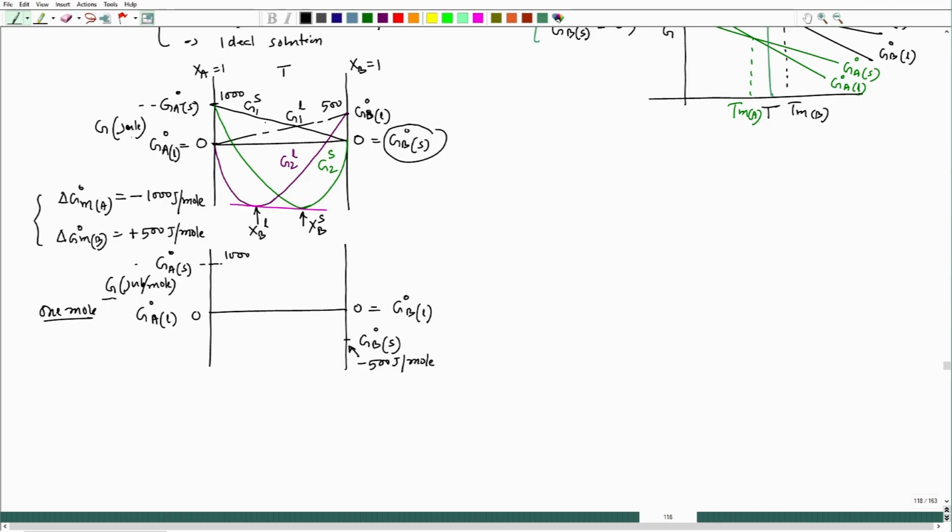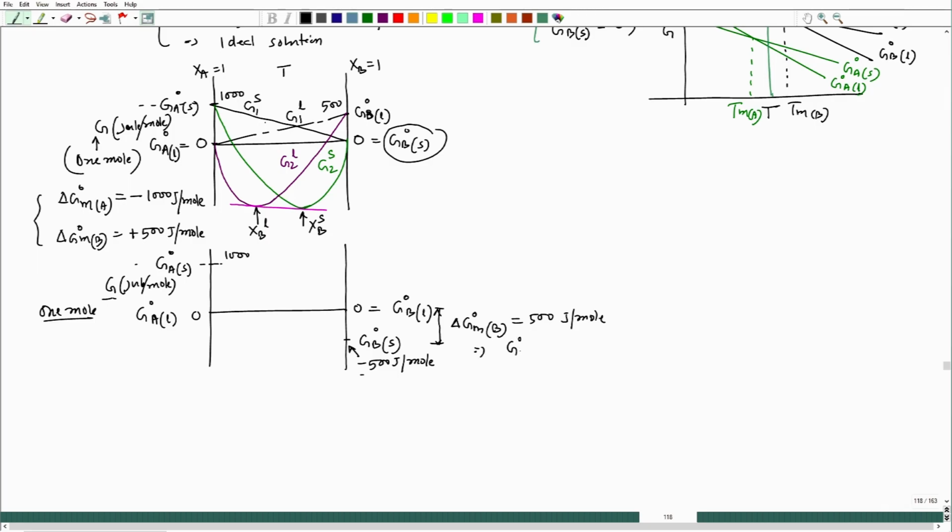Here also you can write joule per mole, and G is always for 1 mole, 1 mole condition. Now, if you put it at minus 500, so this difference, which is delta G naught M B, is still 500 joule per mole, because delta G M is nothing but